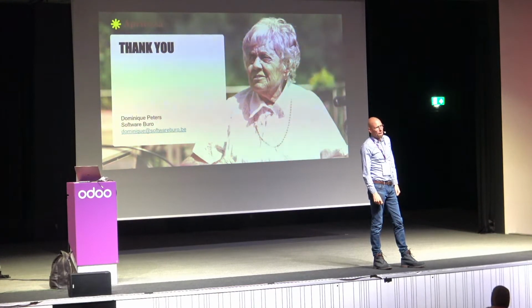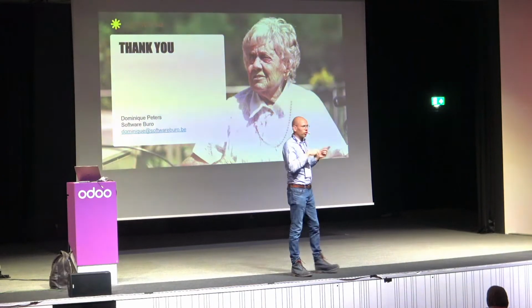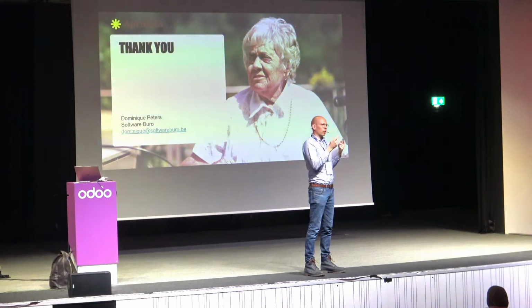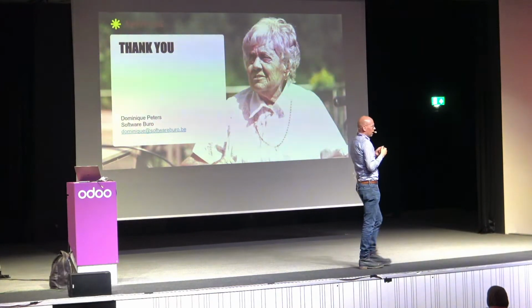How did you convince your customer to choose Odoo instead of a specific software? Because it's a niche business. Correct. I think when we got started with the opticians, and when they saw in what time we could implement the software for the opticians with all of the specifics and the health reimbursement, they said, well, every country typically